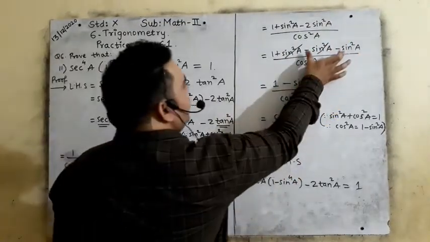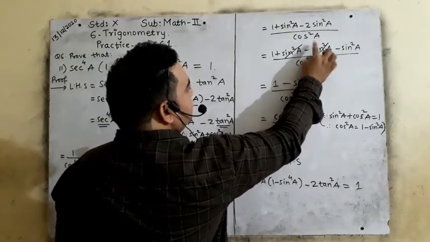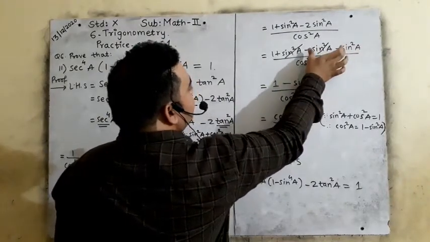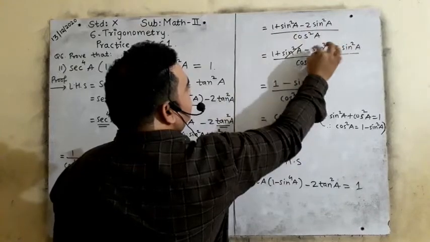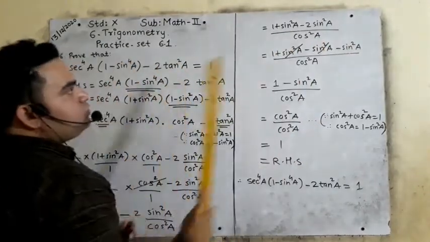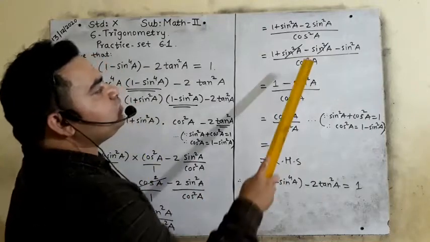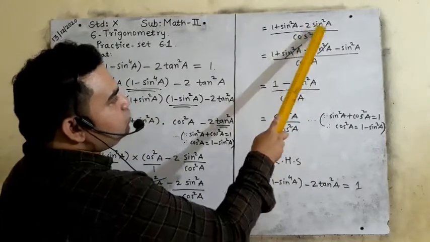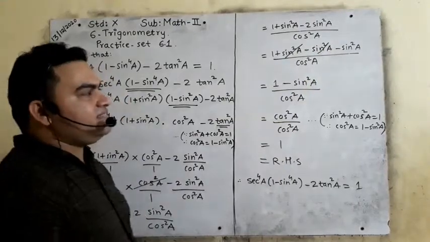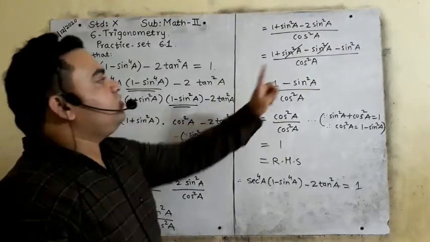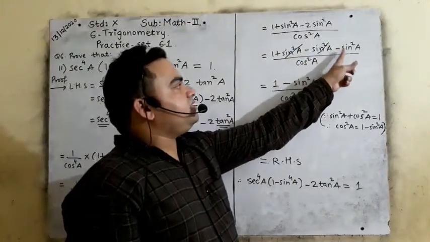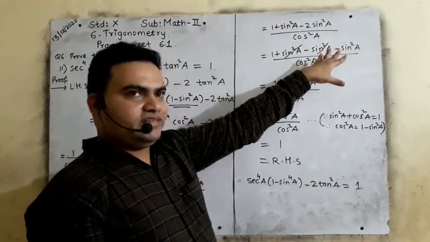If we solve this, it will be 1 sin square a minus 1 sin square a. So 1 minus 1 minus 1 minus 2. Okay, so we have split this minus 2 sin square, that is, simplified it. So we have written here, in place of 1 minus 2 sin square, minus sin square a, means 1. Okay, minus 1 sin square a minus 1 sin square a, total minus 2 sin square a, right?